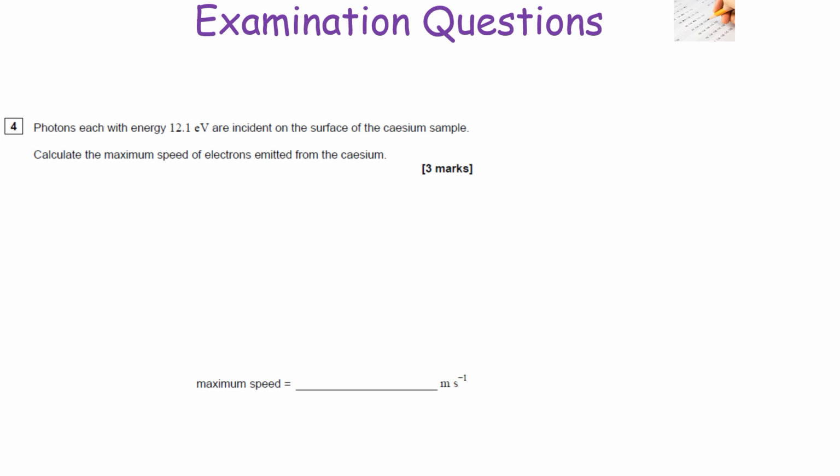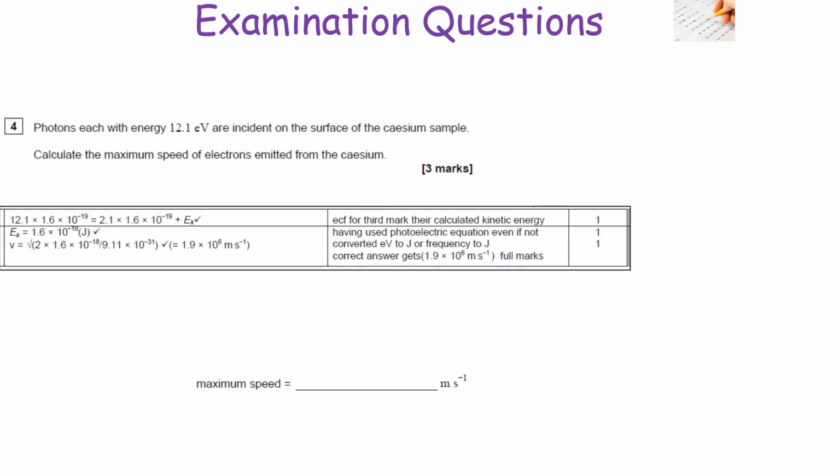Right, for this question, what you're going to have to do is understand that the total energy supplied by the photon, hf, is going to equal the work function plus the maximum kinetic energy. So we work out what the kinetic energy is by doing the total energy of the photon minus the work function. We know that the work function is 2.1 eV from the previous question, and we know that the photon energy is 12.1 eV. So we find the difference of that and then multiply by 1.6 times 10 to the minus 19